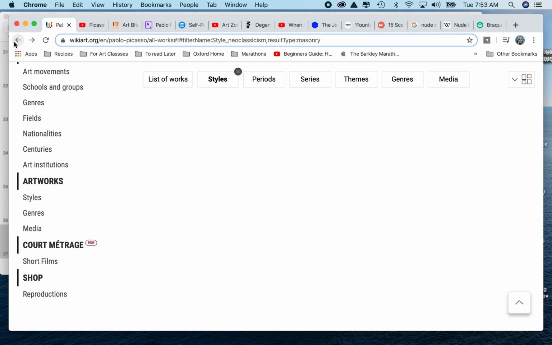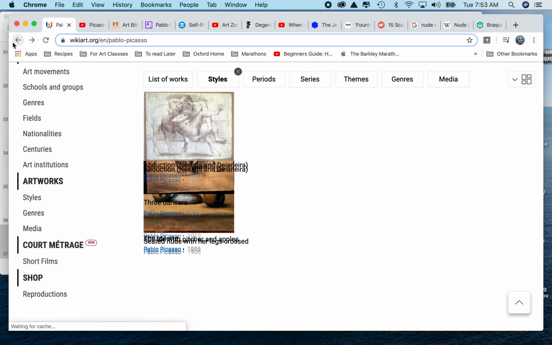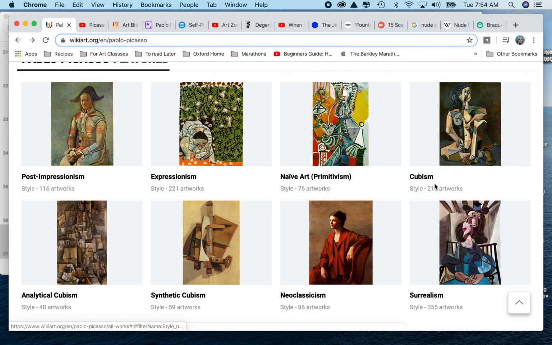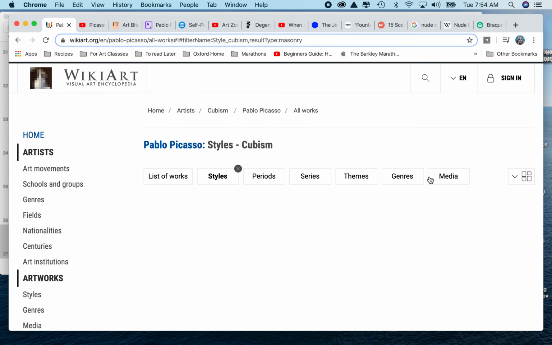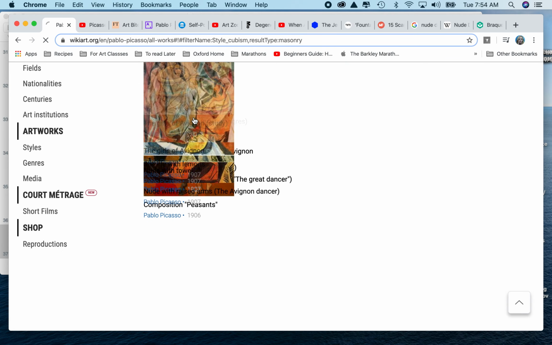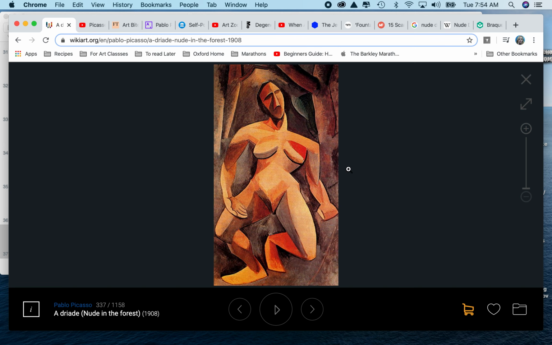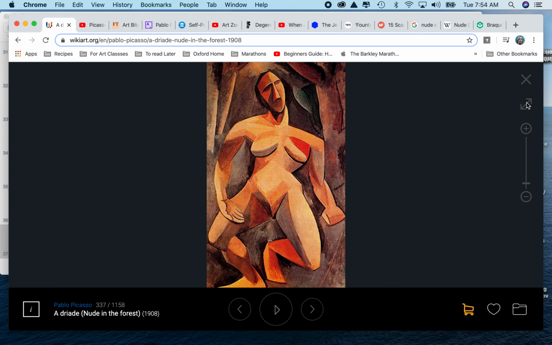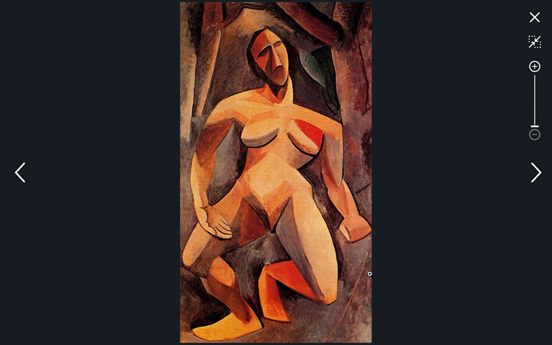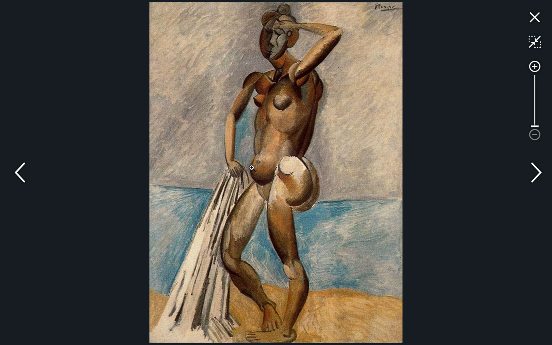The one style that you're probably most familiar with is his Cubism style. His Cubism style is the one that really set him apart from everybody else. He had this way of creating figures that, unlike Matisse's, which almost look boneless, right? These look as if they've been shattered, right? Like you took a photograph and you crumpled it up. So you're seeing all sorts of different planes of the body, different shades of the body.